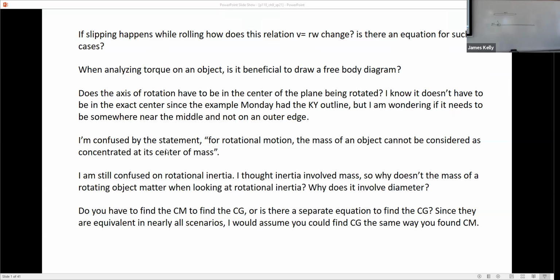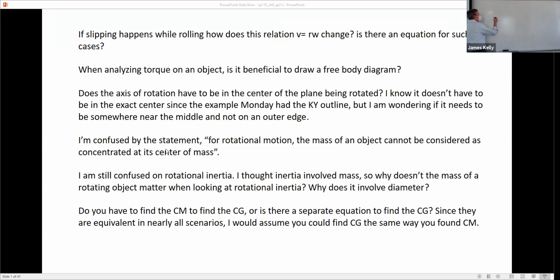Since they are equivalent in nearly all scenarios, I would assume you could find the center of gravity the same way you found the center of mass. Well, center of gravity is kind of more complicated. At the surface of Earth, for small objects, the center of mass is located where the center of gravity is. The center of mass is defined by the equation we had. How does the center of gravity